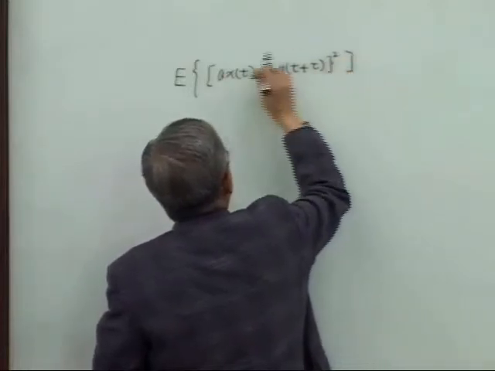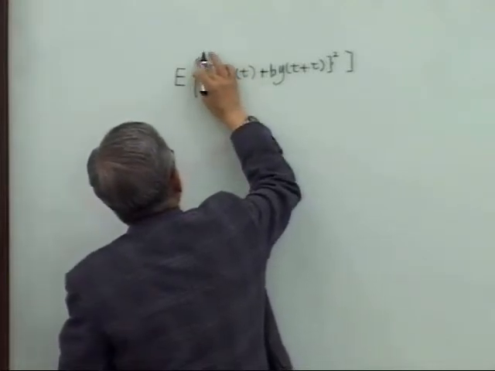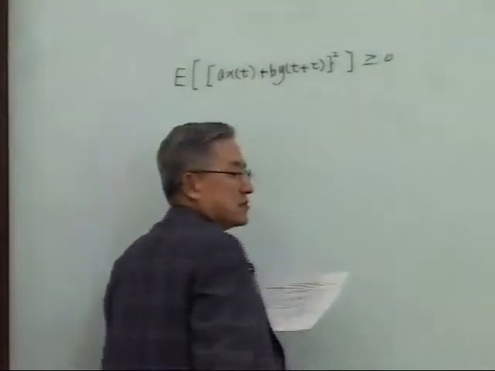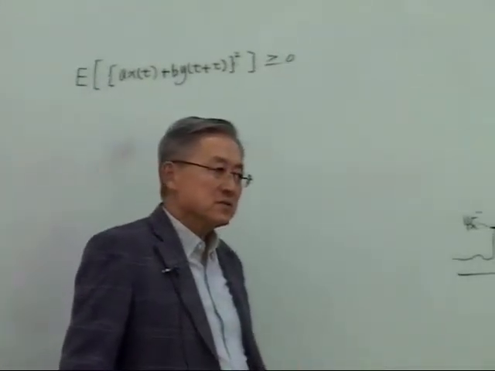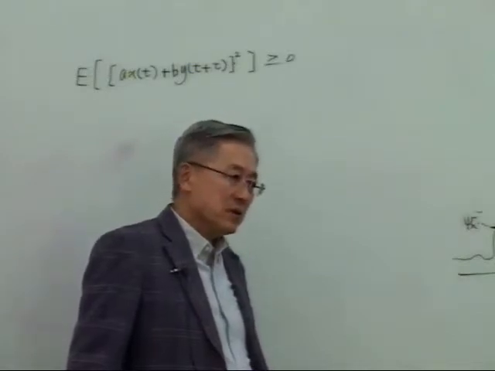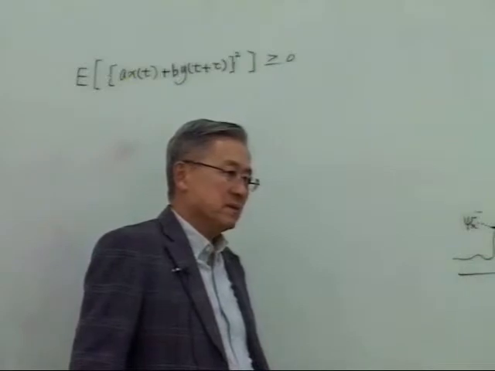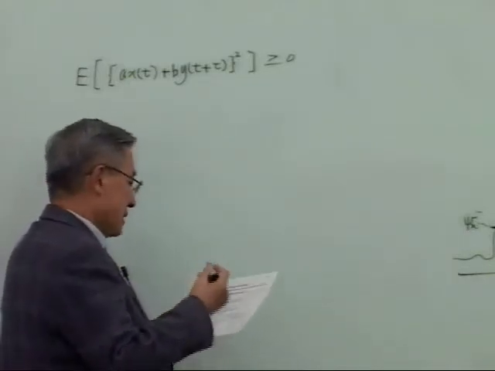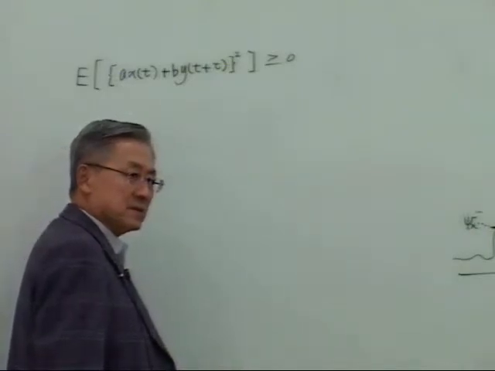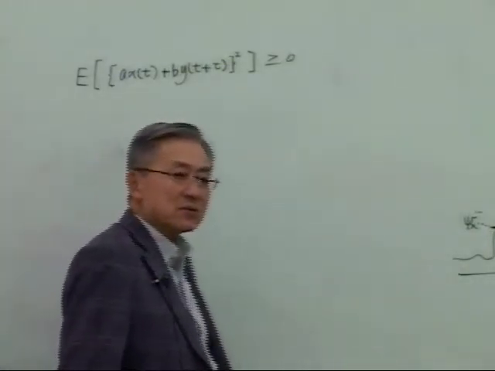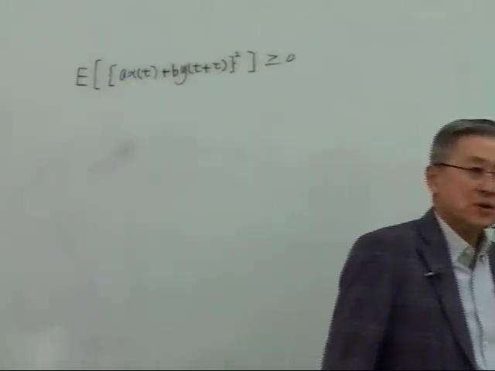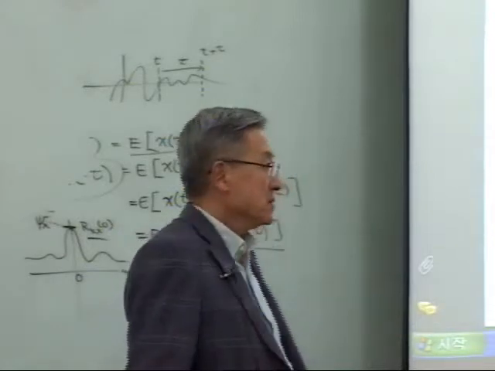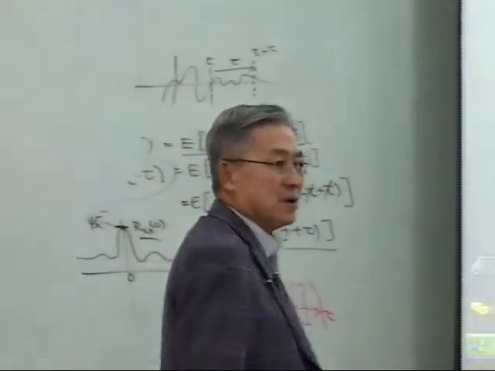I would rather put this guy. Can I say this is greater or equal to 0? A and B are real constants, non-zero. It could be 0, then the whole thing is equal to 0. Now you have to expand this, get the quadratic equation. Remember the quadratic equations we developed last week? Quadratic equation. So you remember the A over B